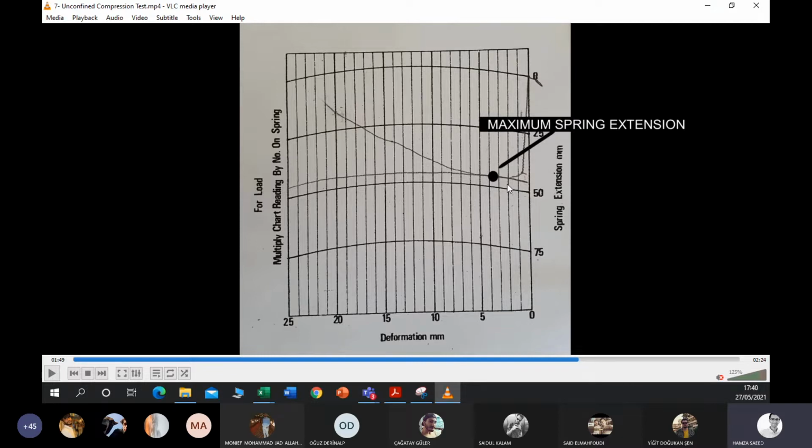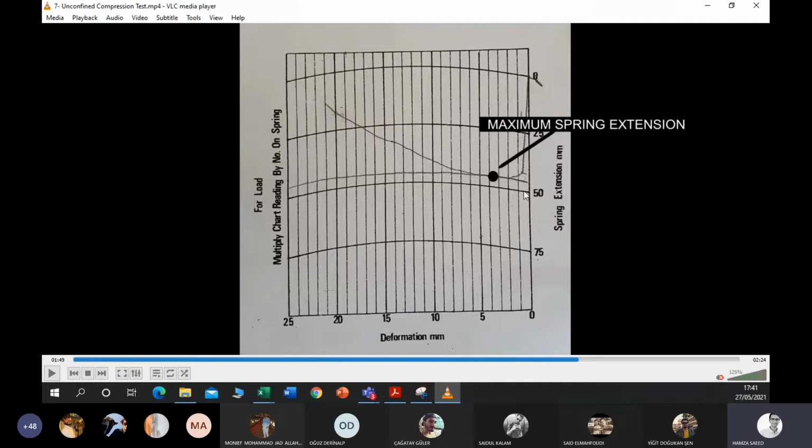From there you are going to sketch a parallel line, along whatever the nearest calibrated or graduated lines are available on the chart. In this case, the chart is given by the manufacturer, and the nearest line is 50 millimeters.